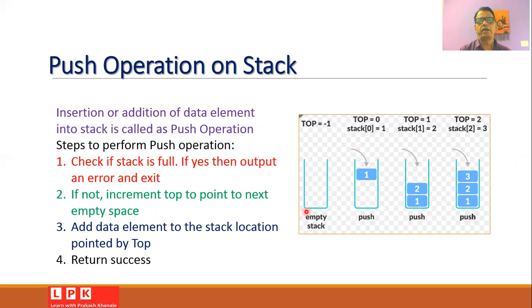As shown in this diagram, suppose we have a stack which is initially empty. In that case, you can have the top pointer value equal to -1. Now whenever you want to add a new element, you need to increase the top value by 1 so that the top value will become 0. And now you can add the first element into the stack. Again, if you want to add a second element into the stack, you need to increase the top value by 1 so that it will become 1. And at that location, you can add the new element. So in this way, by using the push operation, you can add new elements into the stack.